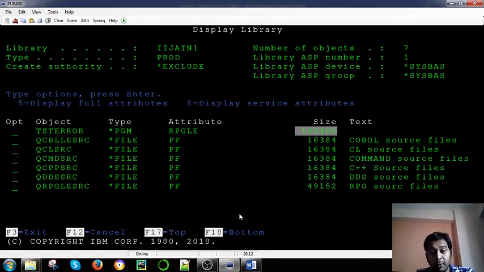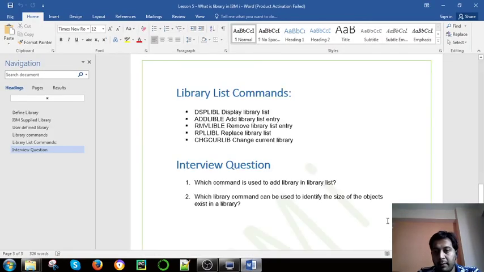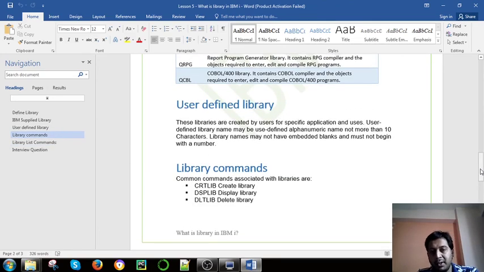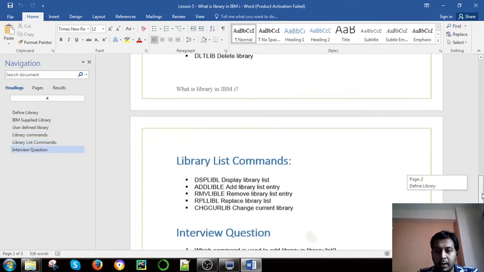This is also very important because when CPU usage is very high, the system administrator asks you to delete all objects which are consuming more memory. So this is a very useful command which helps us analyze which objects are using more memory. Mainly it concerns the database files, right? When you put data and there are more records, they consume more data space in the system. So this is a very basic concept of libraries. In upcoming sessions, we will use these different commands and learn more about them, right?